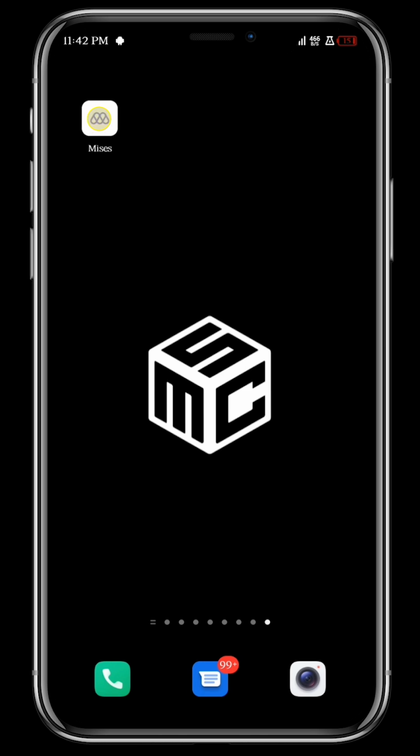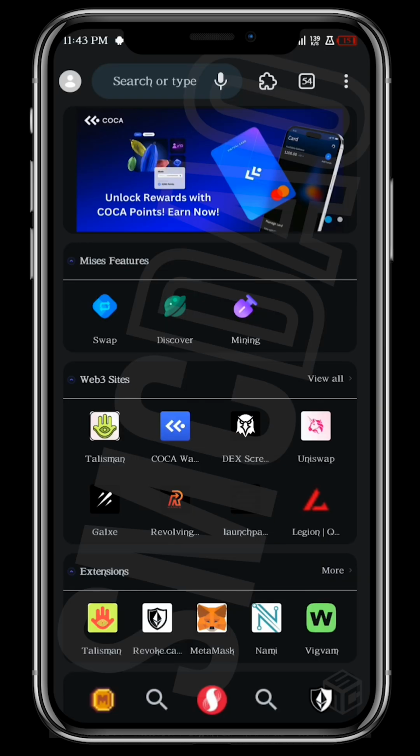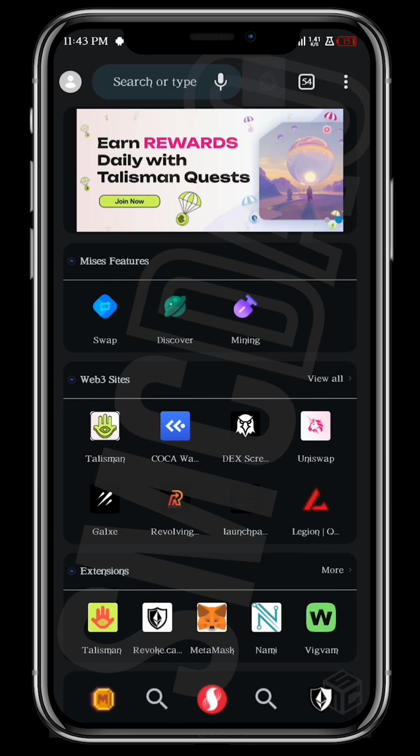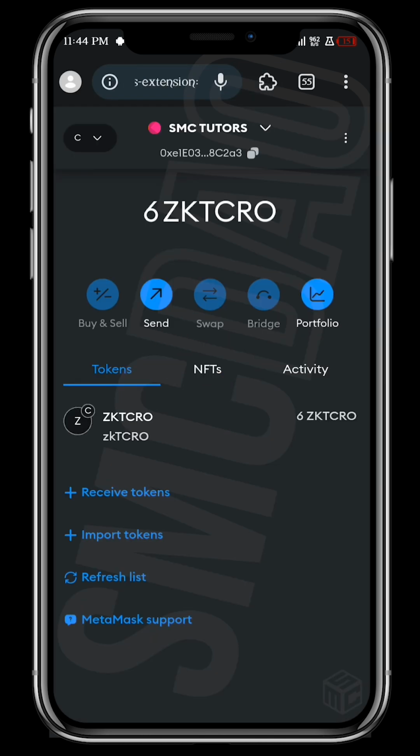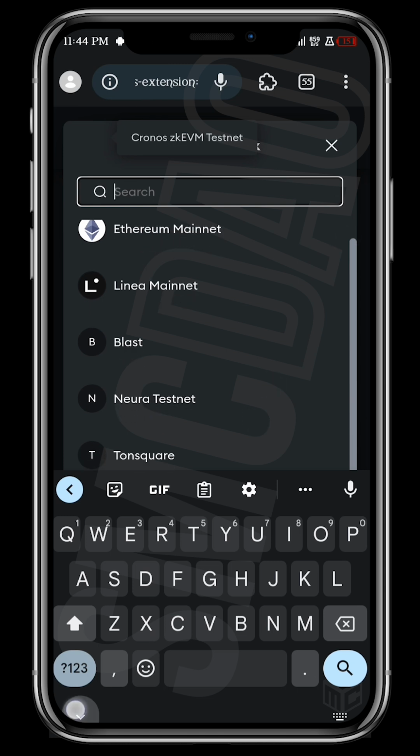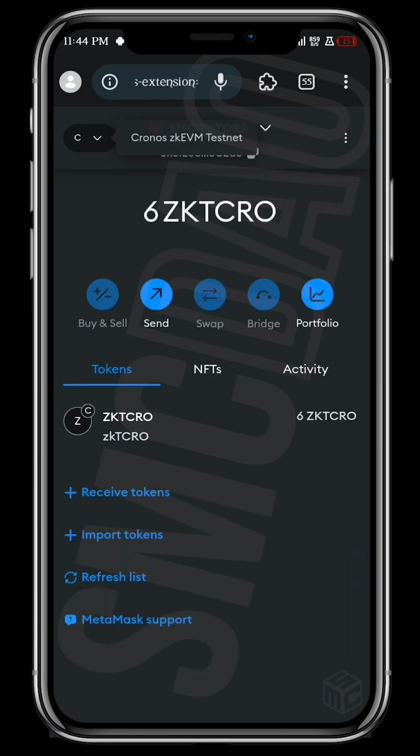We're going to start with launching this browser. Okay, so first thing to do is to go over to our wallet and add FHEnix Testnet to our wallet. So come over to extensions, MetaMask. Okay guys, so come over here, select add network,